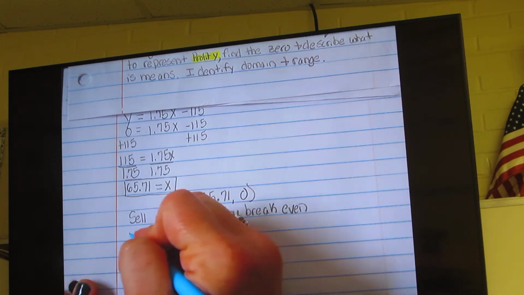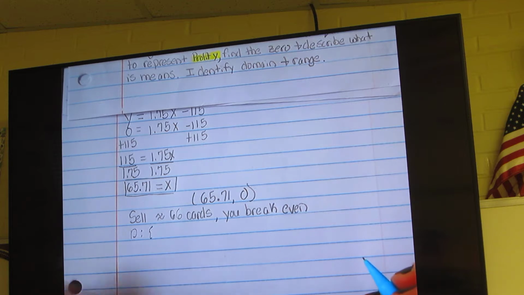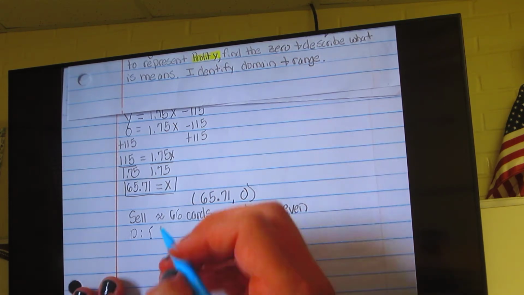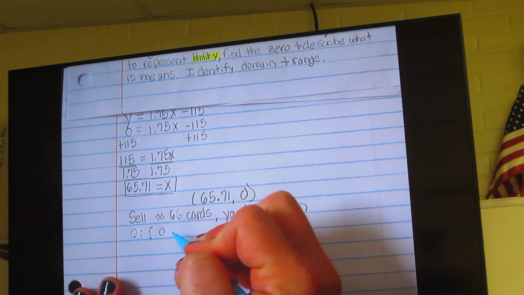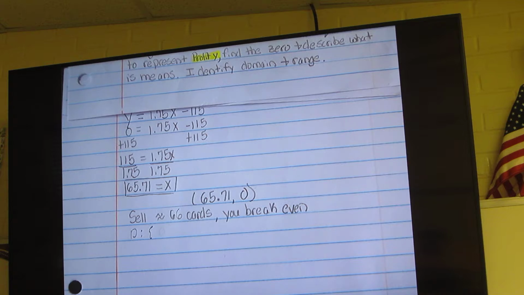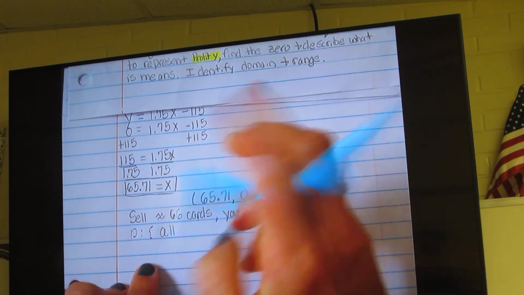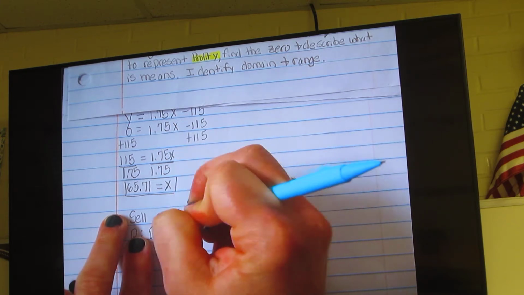Now domain, let's talk about that. So what are the possibilities for my X values? Well, X represents cards. You can't sell negative amounts of cards, okay? And you can sell however many cards they bought, which we don't know how many that is, okay? We're going to say that you can have all positive real